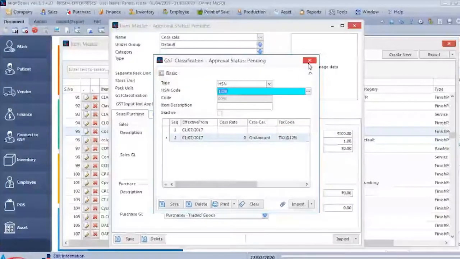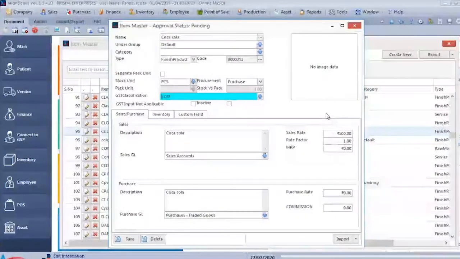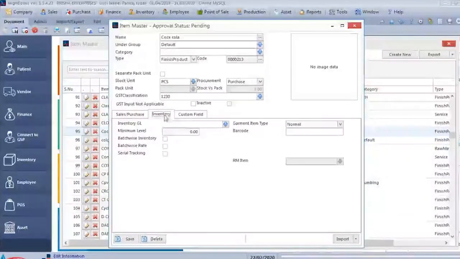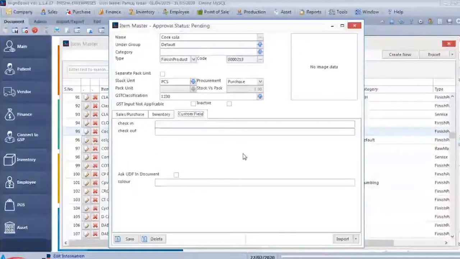Why am I putting each and every piece of information here? Because while we are making the invoice, we don't need to choose any tax percentage. If we want, we can put the selling price and purchase price. So all information is available. Now I'm coming to the inventory part. If this product is applicable for batch number and expiry, serial number, or garment type, you can make the configuration as per your requirement. Custom field option is also available. If you enable any miscellaneous while making the configuration, all options will appear here.